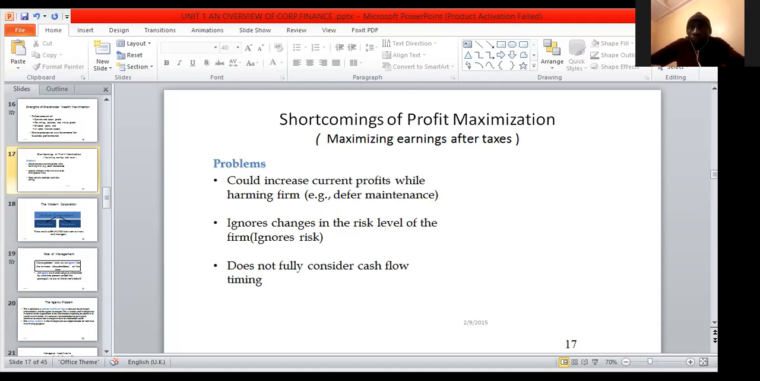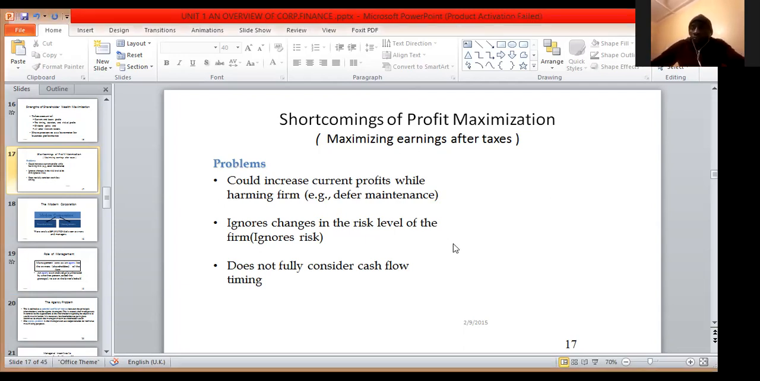Okay. So these are some of the problems. You want to maximize the profit at the expense of the company's prosperity. Yes, you are making a lot of profit, but because of the way you are making this profit, it can disadvantage the company. So those are the shortcomings of profit maximization. The other thing is it ignores changes in the risk level of the firm. Because you are interested in the profit, you don't mind what risks you are exposed